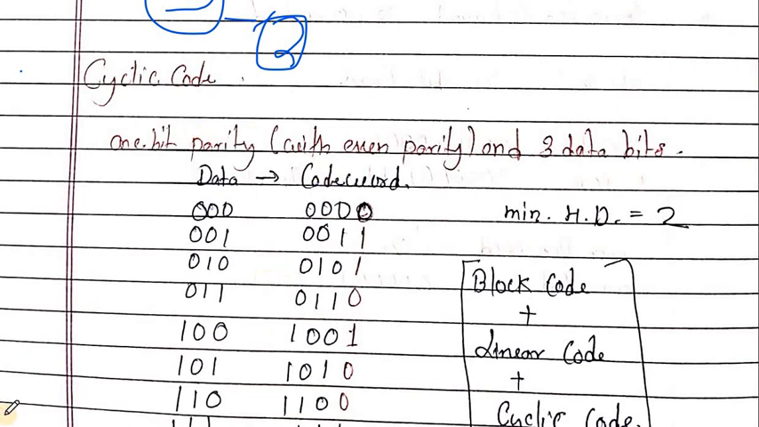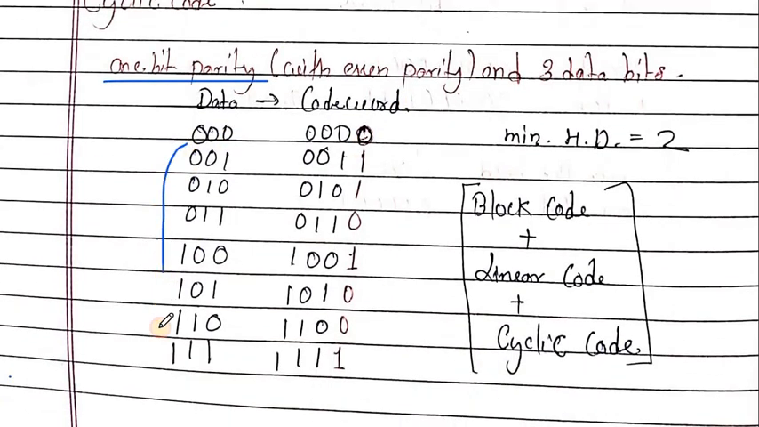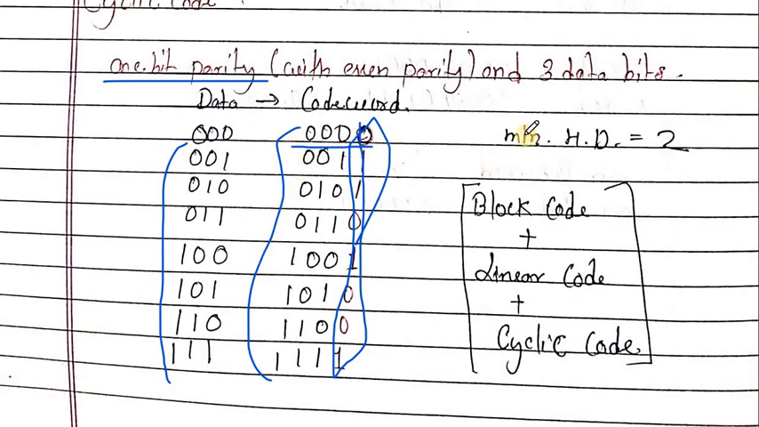Here again we see cyclic code with 1-bit parity, which means that if we have 3 bits of data, and by using 1-bit parity for error detection, we append 1 extra bit and generate a valid code word. With 4 bits, there are 2 to the power 4, which is 16 code words. Out of 16, there are 8 valid code words, and these are block codes, linear, and cyclic